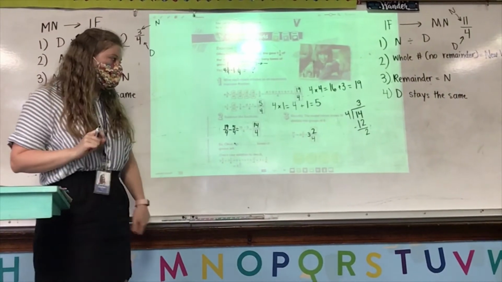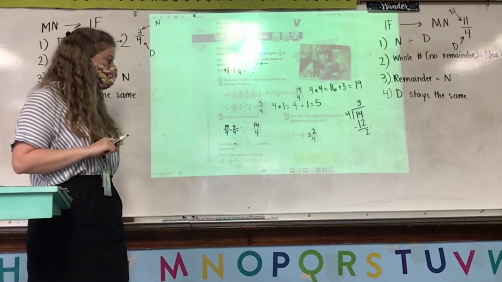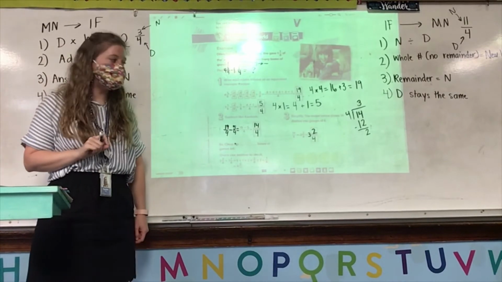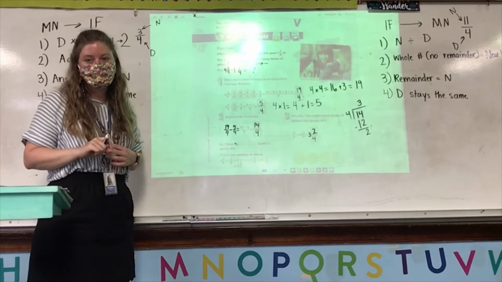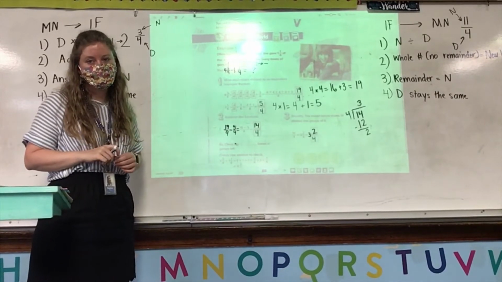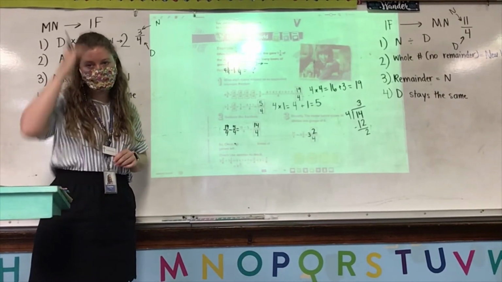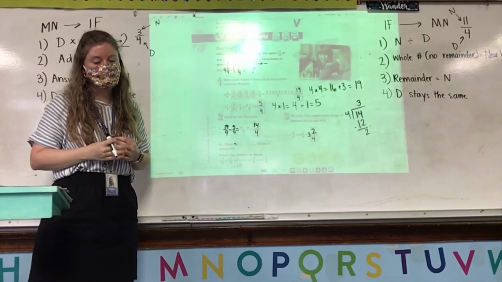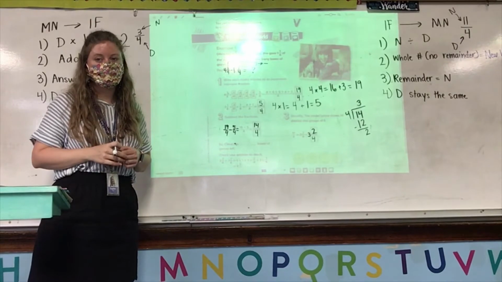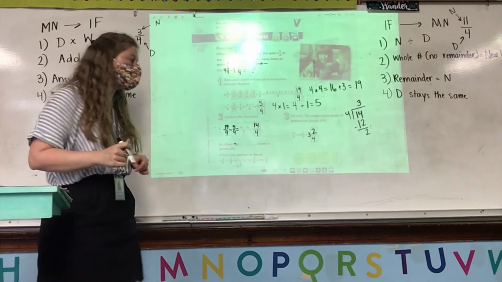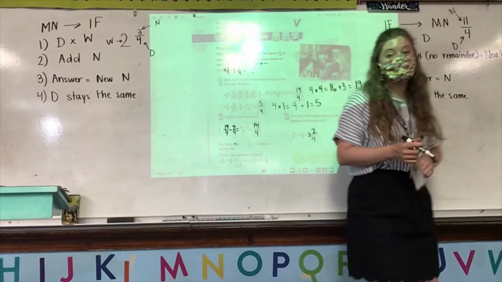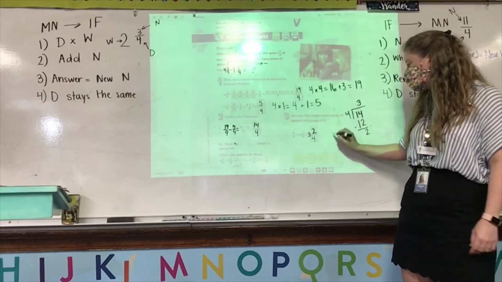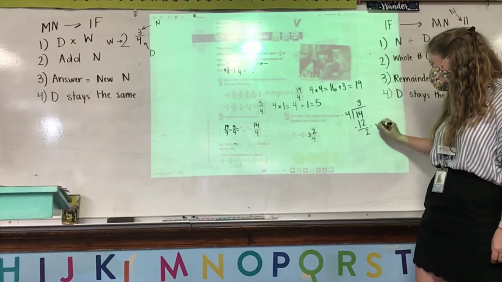But what's wrong with that? Zari, it's not in simplest form. It's not in simplest form, so we need to find the greatest common factor. Zari,